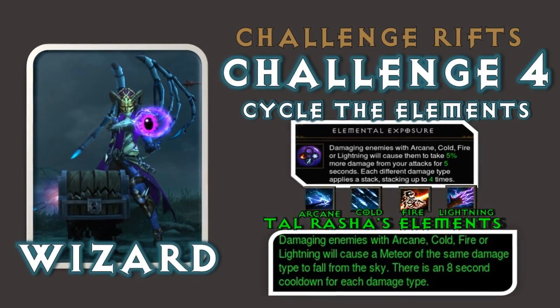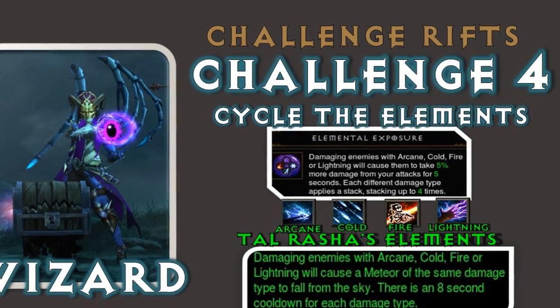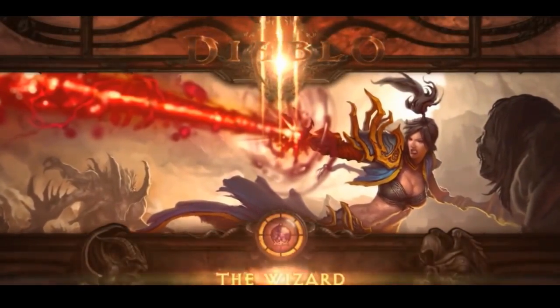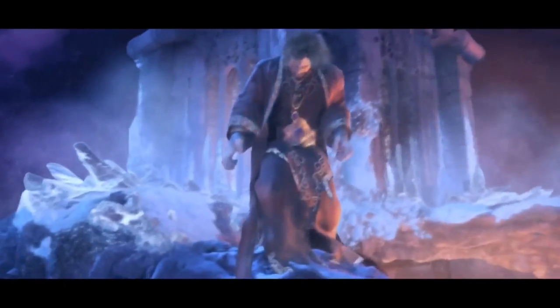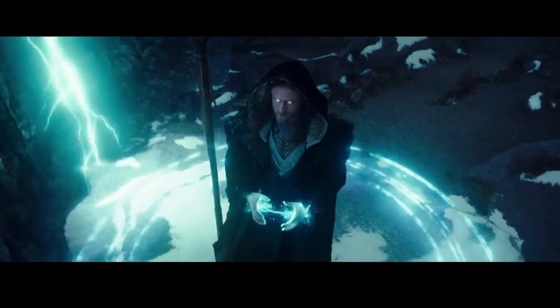Hello and welcome back. This is Goobarbedu here, and it's time to review Challenge Rift number 4, featuring that Arbiter of Arcane Power, the Wizard. With the power of the 4 elements, Arcane, Cold, Fire, and Lightning, unlocked through the full 6-piece activation of Tal